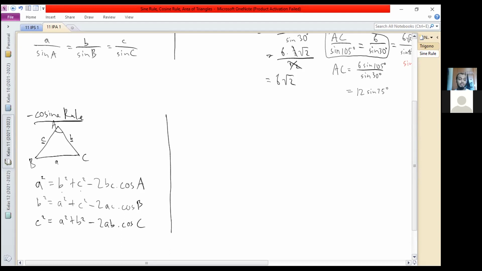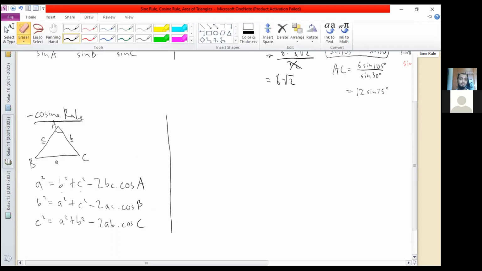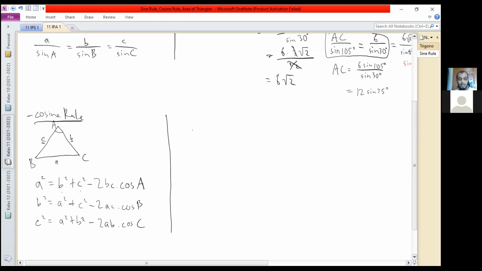And by the way, sometimes you also need to modify the equation. So for example, instead of using this one, you use this one to find b by modifying the formula. I'll give some examples later. Let me start with some basic examples. So let's say we have